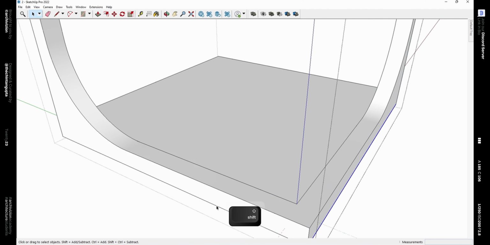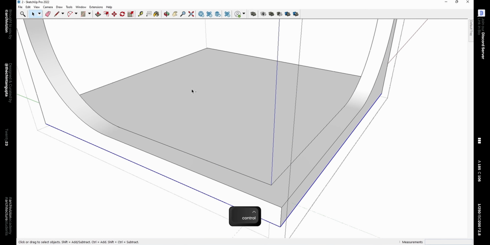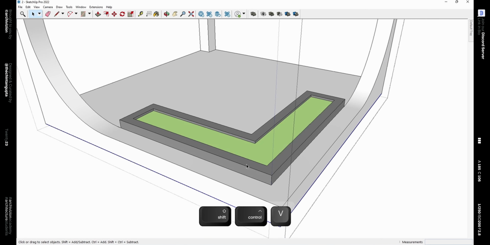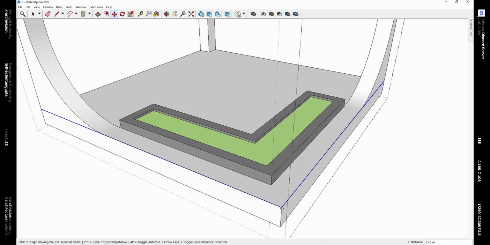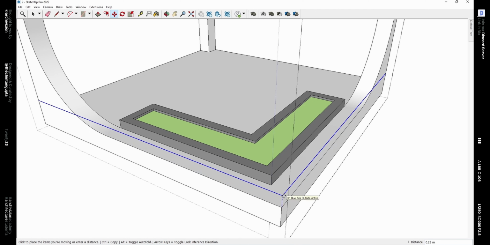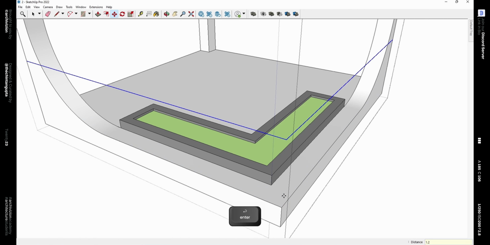Similarly, we can copy these 2 edges to make the railings, and then if we paste them outside the group, we can move these on to this point. Then if we move them in the Z direction by 1200 mm and offset it by 200 mm as well.